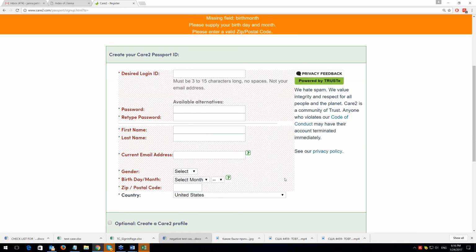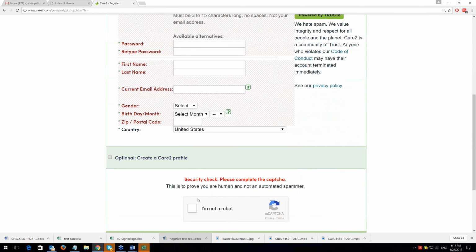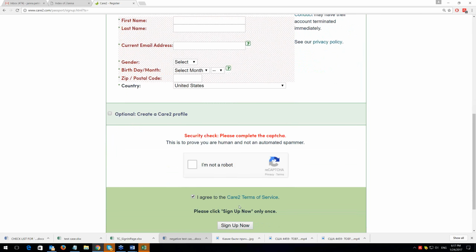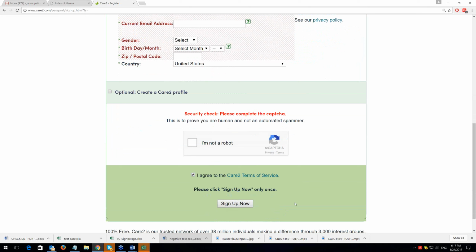In this particular case, we can create one test case to verify that all text fields on the create account page are required. Procedure: do not complete any field, just make sure that you check the "I'm not a robot" checkbox, and press the Sign Up Now button.